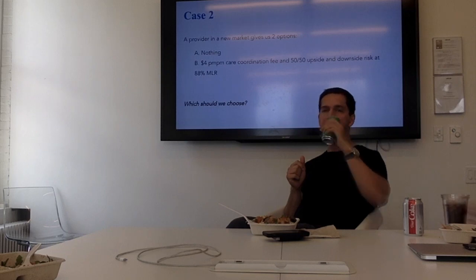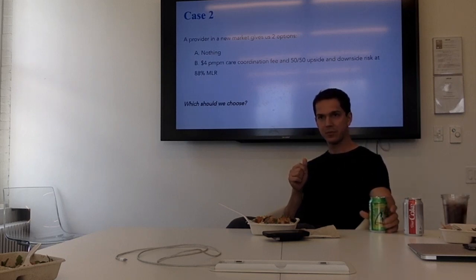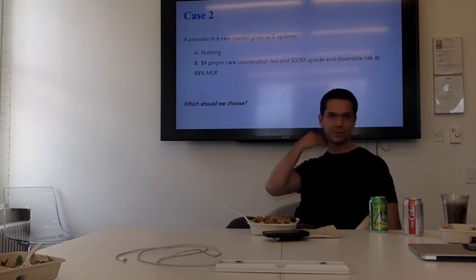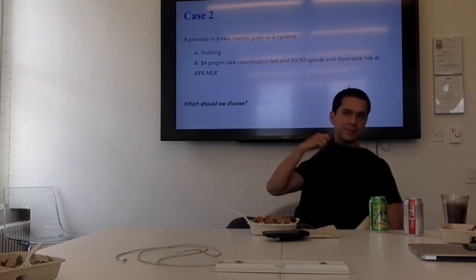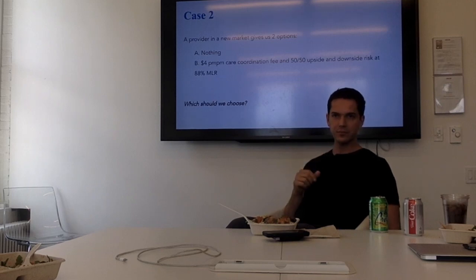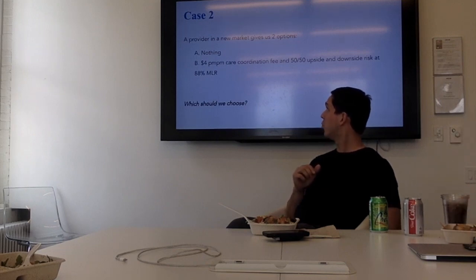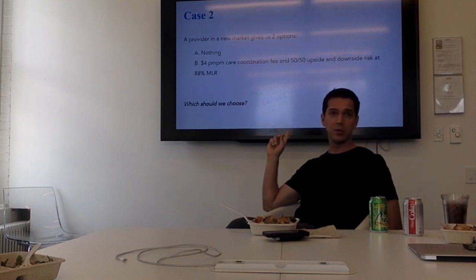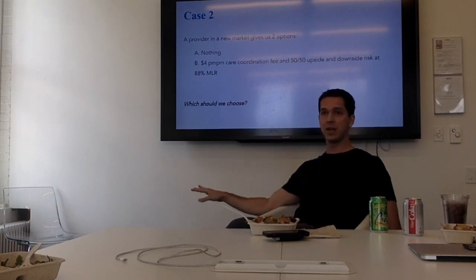There's so much to pay the care coordination fee outright. So it's basically a sunk cost immediately that you're already going to pay whatever the care coordination fee is, and then you assume, are you actually going to hit an 88% MLR on top of that? So you may win, you may lose, but you're basically net negative off the bat because you have to pay this care coordination fee. Right. Okay, and how much is $4 PMPM in premium terms? About 1%. So you're paying 1%.